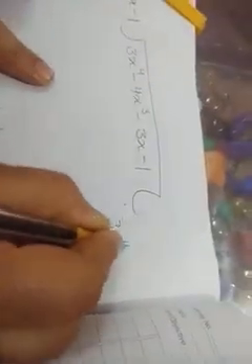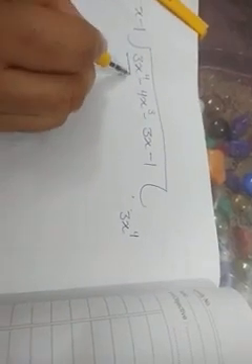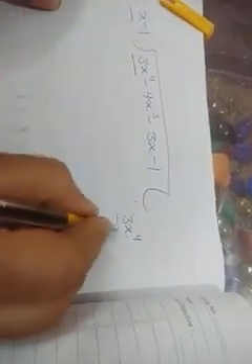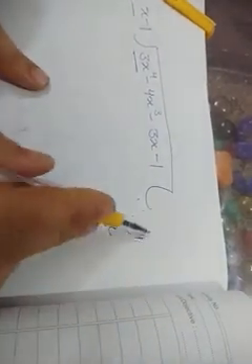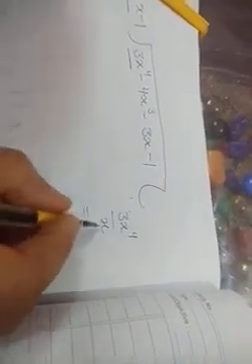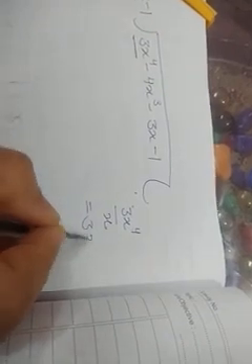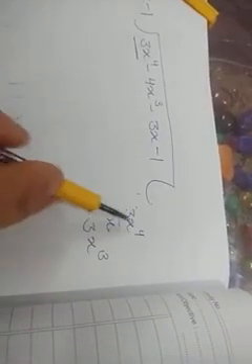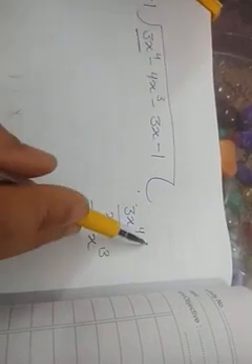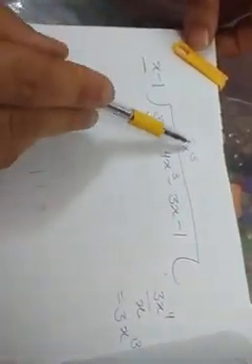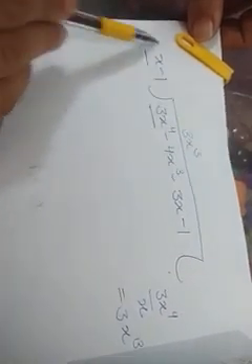So what will be first term of the quotient? 3x power 4. What is here? X. So to get first term of the quotient, we will divide first term of dividend by first term of divisor. 3x power 4 upon x. What we will get? We will get x cube. Base same. Numbers are in division, so powers will be subtracted. X power 3. So what is the first term of quotient? That is 3x cube. Now we will multiply 3x cube with this divisor.